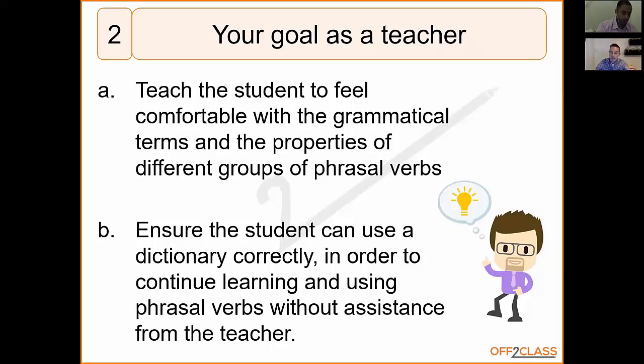So I believe that student dictionary use for phrasal verbs is vital. And of course, you will need to use a good dictionary. I don't have a great online one to recommend. Cambridge Advanced Learners, dictionary.com, they're great online dictionaries. Unfortunately, both fall short when it comes to phrasal verbs because they do not show the grammar properties and they don't show the group in which they belong. The printed ones are still the best at present. The Cambridge Advanced Learners is an excellent one as a printed one, but I'm still yet to find the perfect online dictionary to advise for student use.